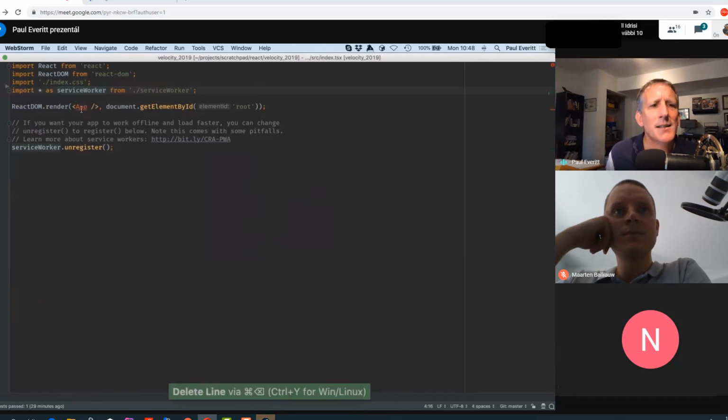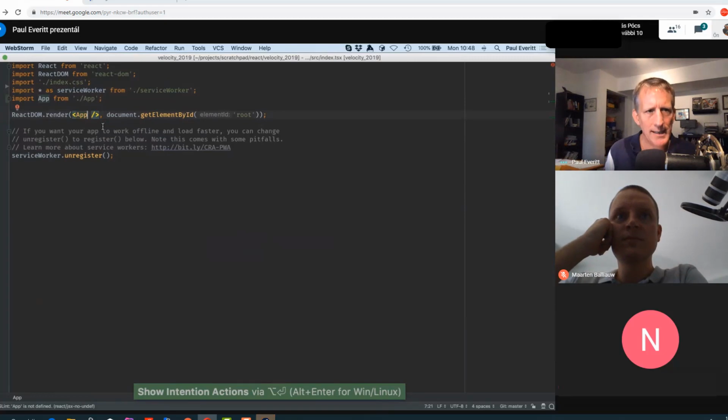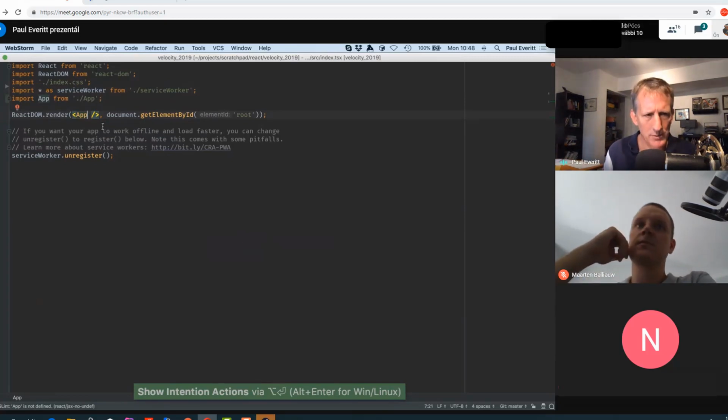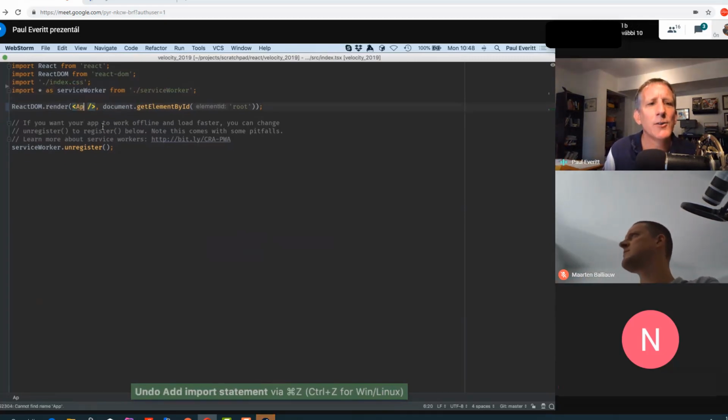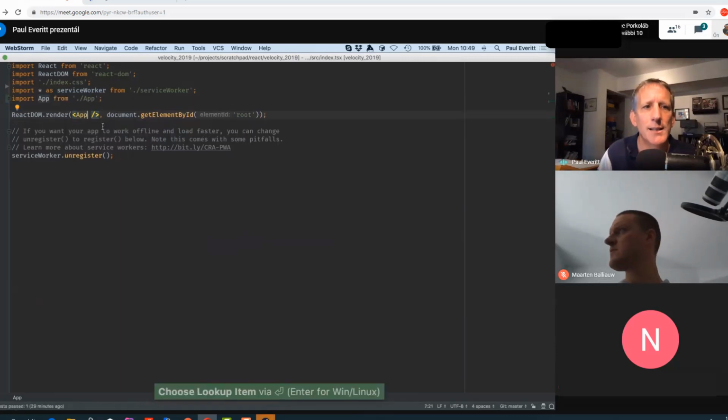And I've got this symbol that says that I've done something wrong. I have a warning. Well, the janitor will do our work for us. Alt-Enter, and it generates the import for us. But it can actually do that a little faster. If I'm typing and I get this autocomplete, hitting enter not only autocompletes the name of the component, it generates the import for us, which is pretty nice.